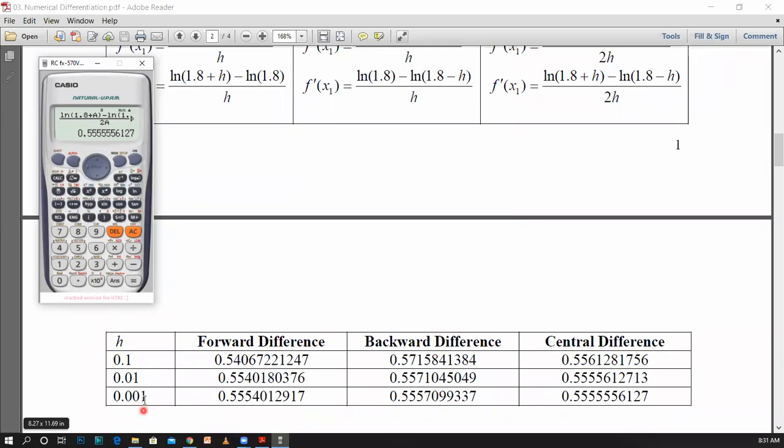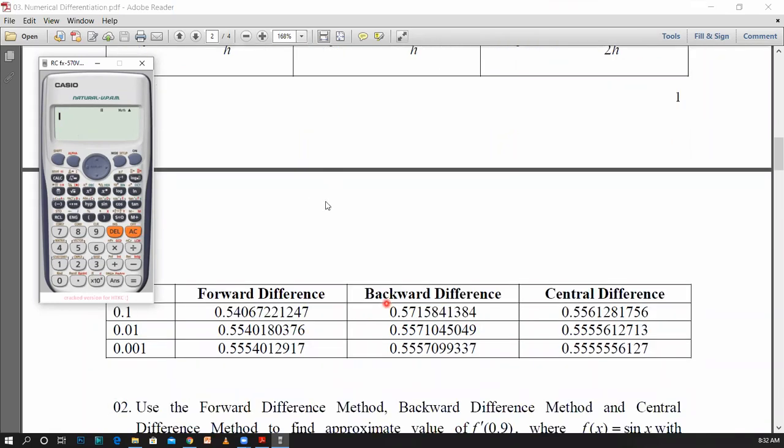Since the values of h are getting smaller and smaller, you can say that the precision of these 3 methods is now quite good. It is because you can see the values are almost the same once we have a very small value for h. That is why we define these approximation techniques for very small values of h. As h becomes very close to 0, we will get a much more correct approximation. Therefore, we can use these techniques for very small values of h.